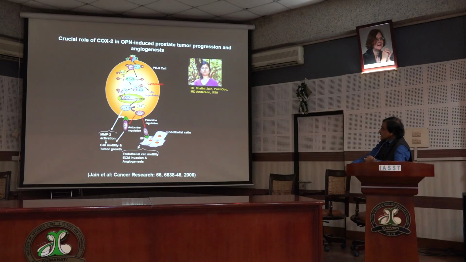And that PGE2 has receptors called EP2, EP4. They are GPCR, G protein coupled receptors, 7 transmembrane domain receptors. So once it binds with particularly EP2 and EP4, that regulates prostate tumor